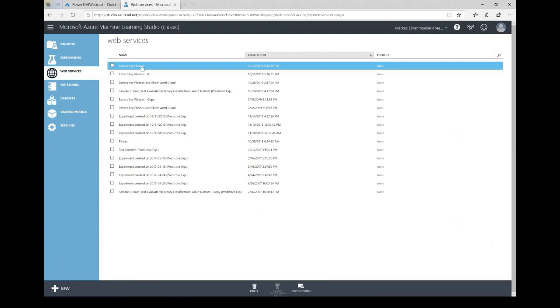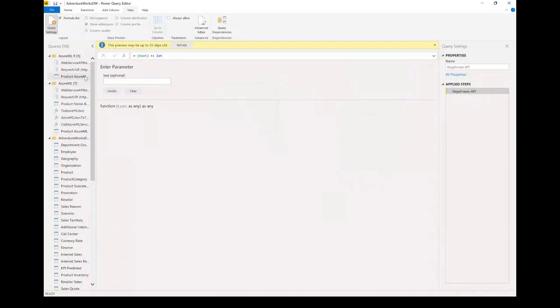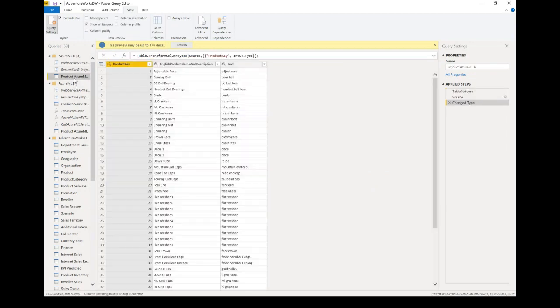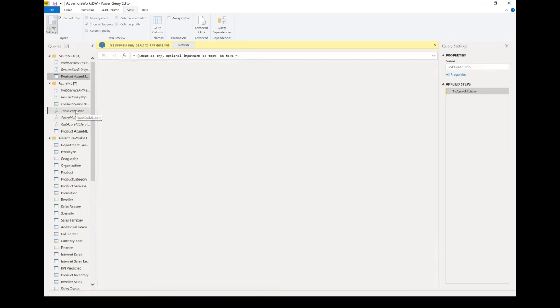So let's go back to Power Query. I have the HTML example here. Again, we have a web service API key and a request URI, and that's what I used here. I have again my product key and my English product name, and then I created, where is it? This was the R thing, that was the other thing. I have three functionalities here. For HTML, it's a little bit more tricky because you have to convert the data you want to send over into JSON, then send it over to the service, get it back as JSON, and convert it back to a column. On Docs, there's documentation on how you can do this with an R script, for example,